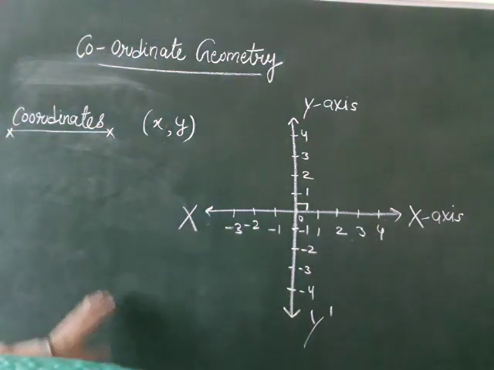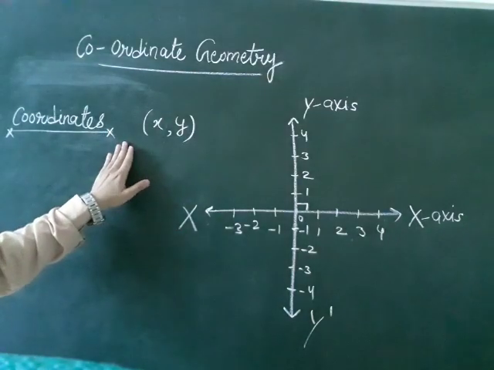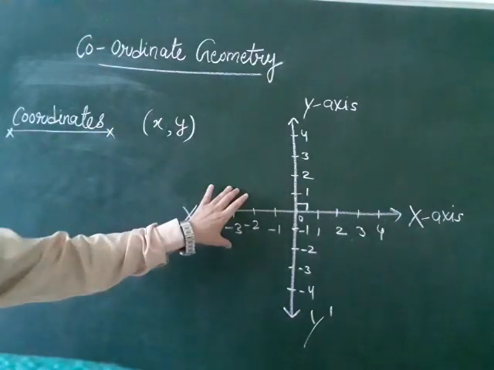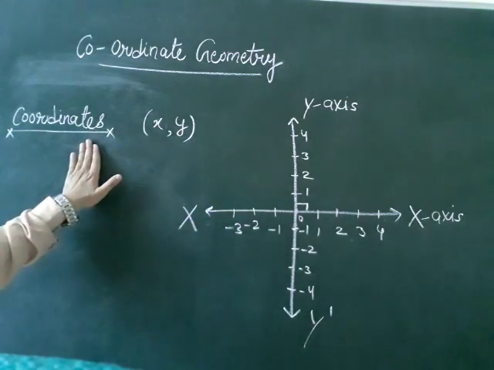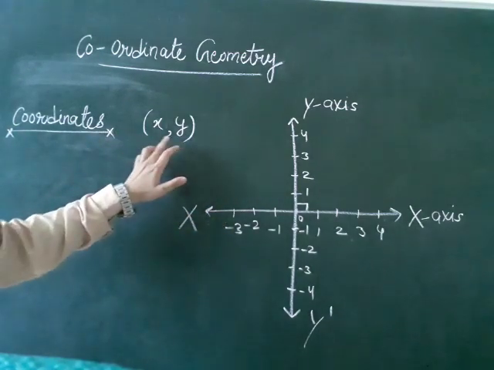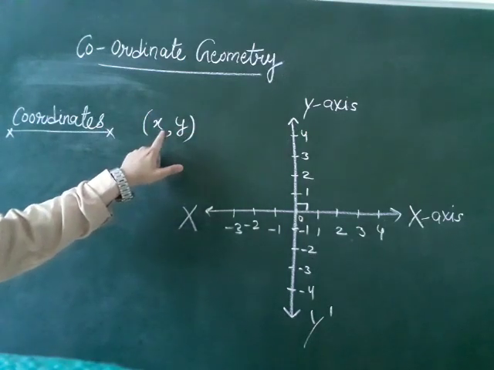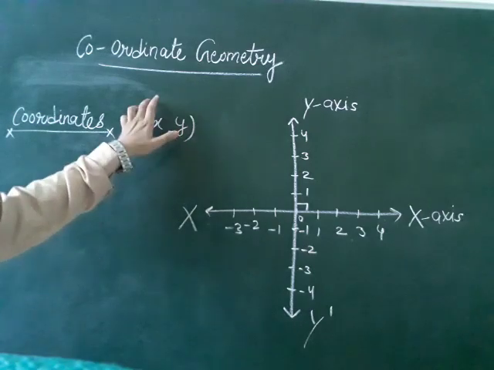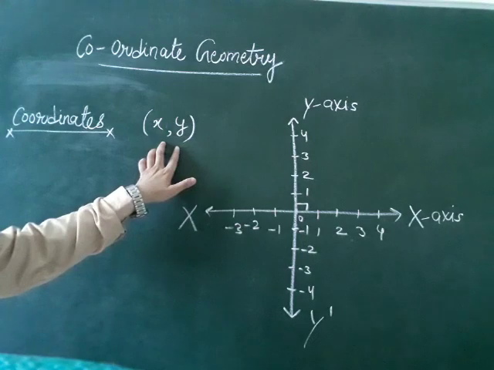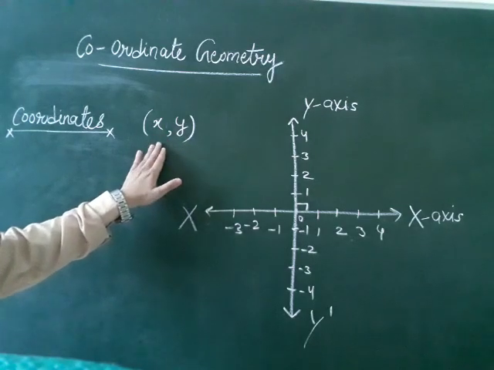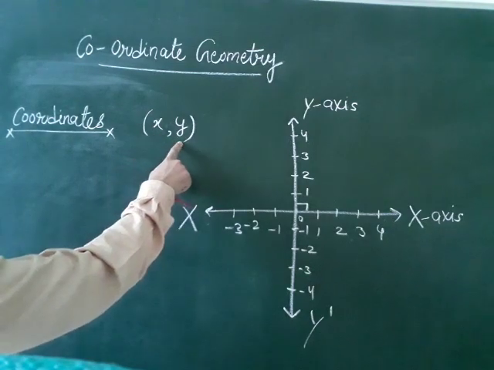So in this video we will study coordinates. Yes, coordinates have a very important place in coordinate geometry. The standard form of a coordinate is (x, y), and we separate x and y with the help of a comma and write them within small brackets. When we write things in this format, this is known as your coordinate. We can take any values of x and any values of y.